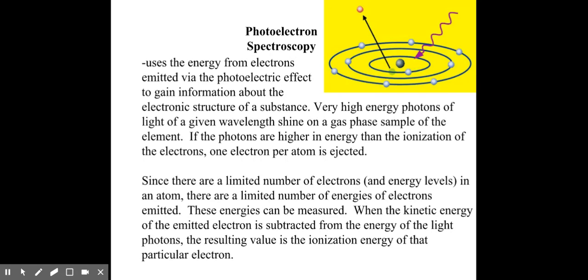This will use the photoelectric effect to basically blast an atom with high intensity photons. And then remember, the photons will eject an electron. And we just learned that that's called ionization energy. So we can blast enough high energy photons to remove all the electrons. When all the electrons are removed, we can actually identify the element. So this is a great way to identify elements, and I guarantee you'll see two or three of these on